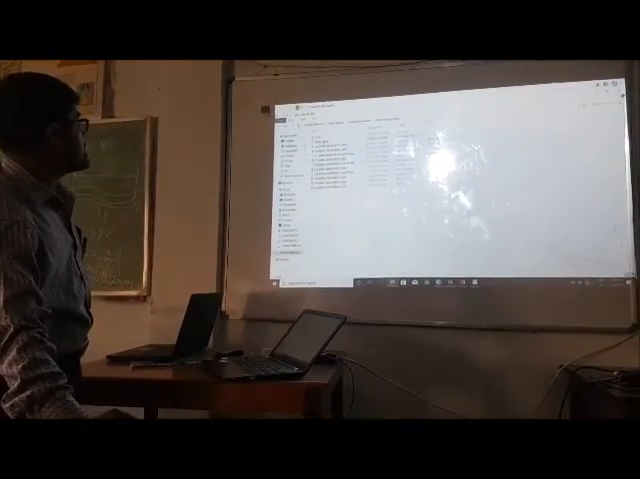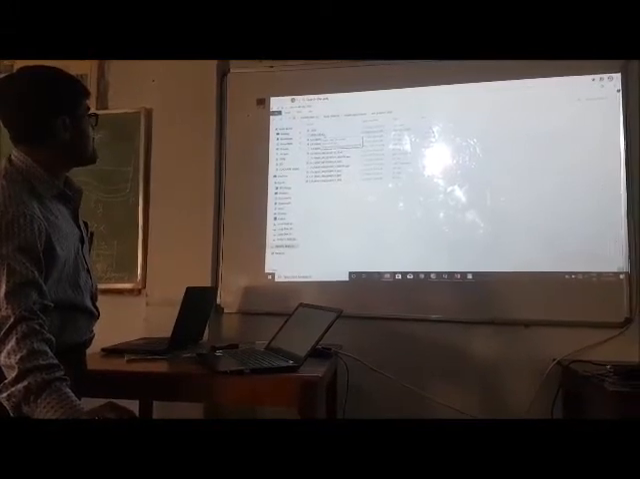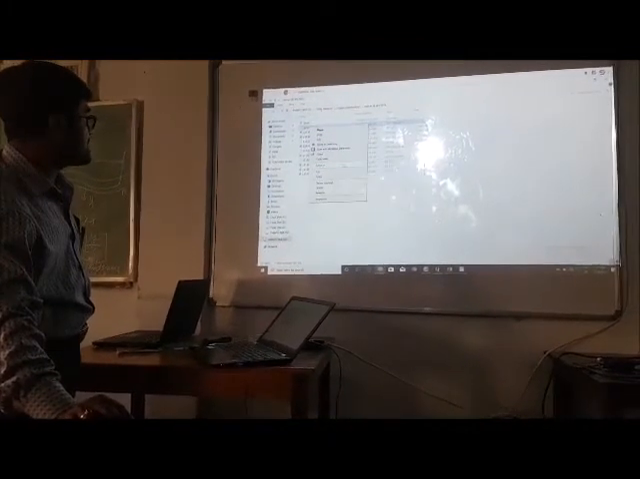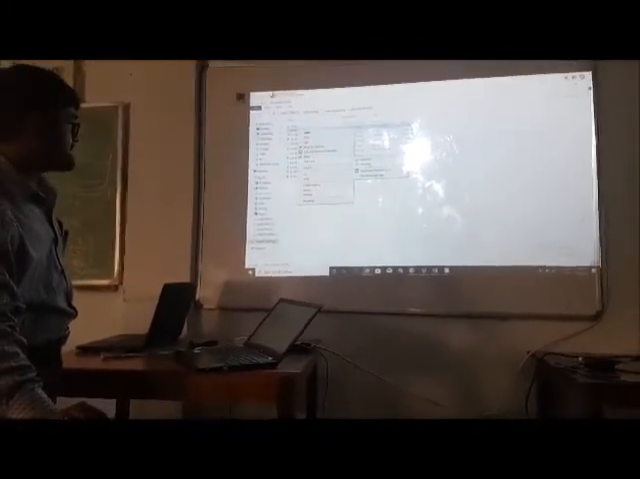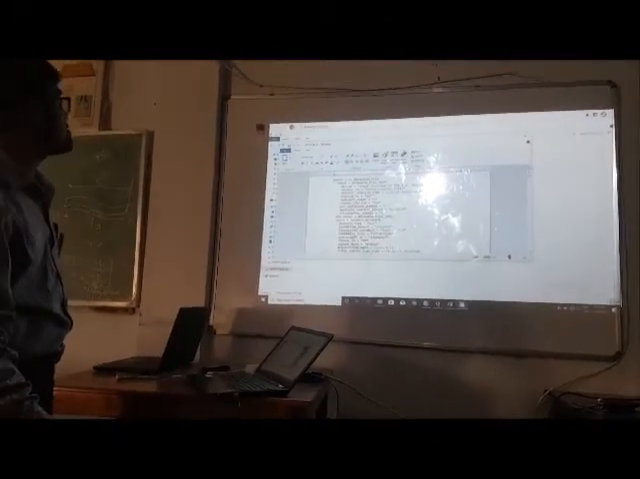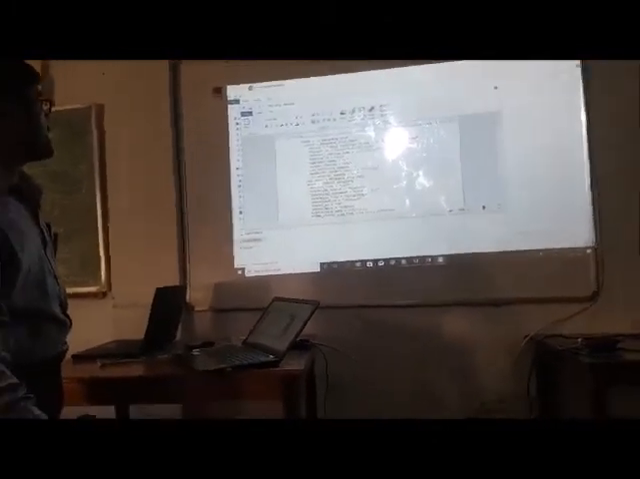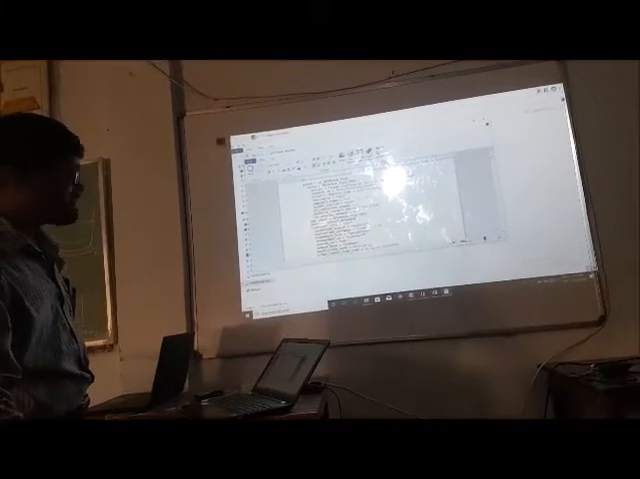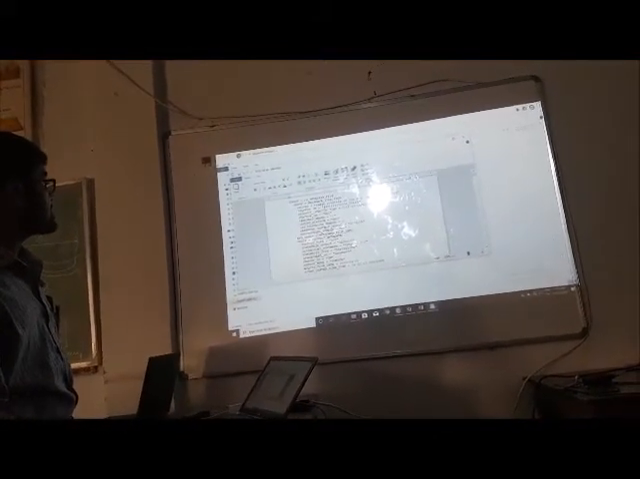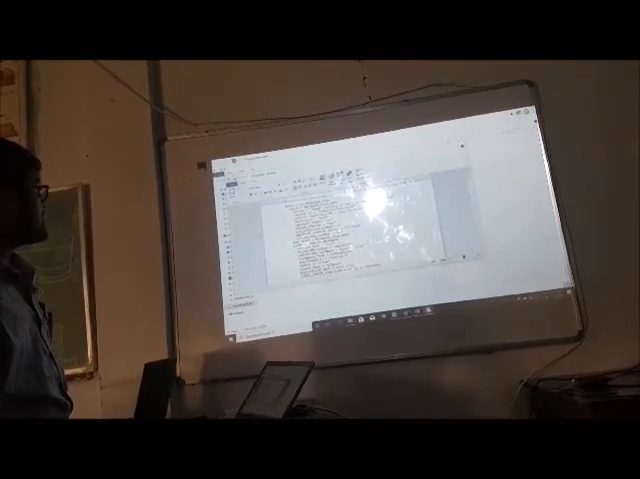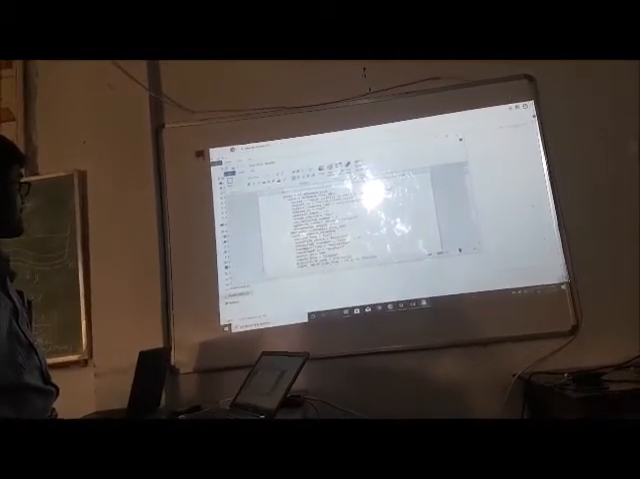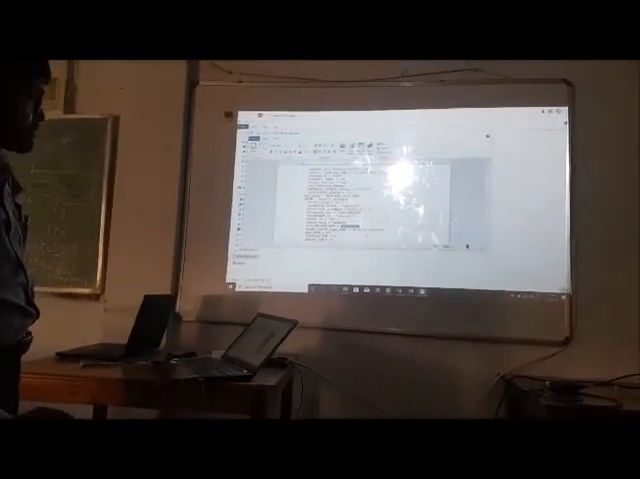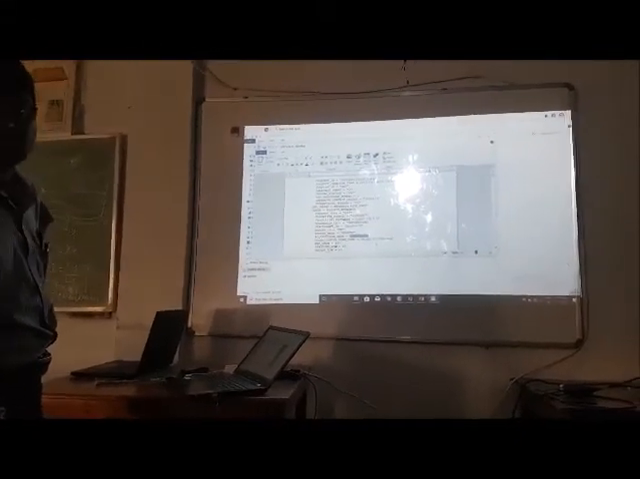And here we can see a text document. We need to open it using Notepad or WordPad. If we open it using WordPad, we can see the metadata of this image. Here, please see, the acquisition date is 21st January 2010,